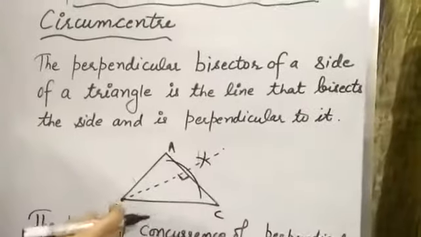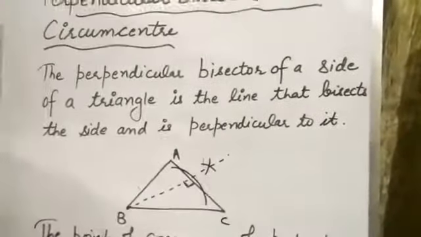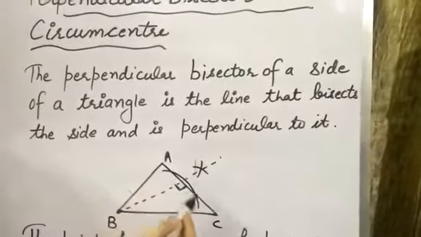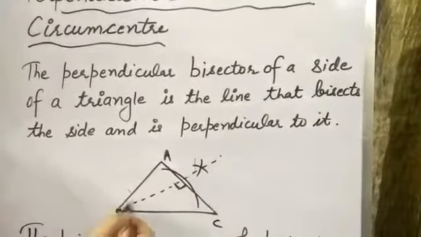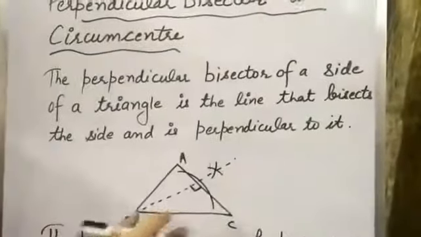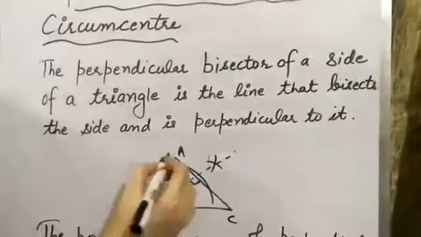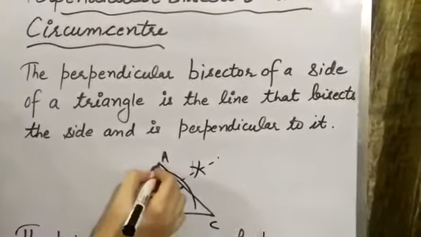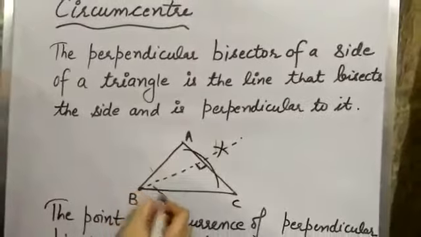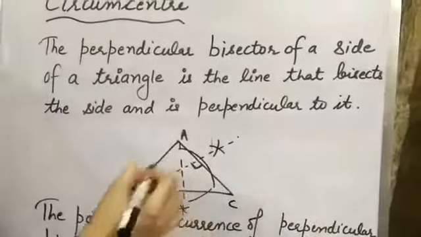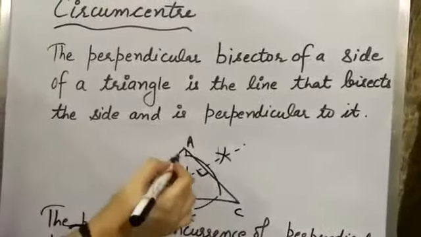Now I have drawn this triangle ABC. This is an acute angle triangle. Now from point B, I have drawn this line that is perpendicular bisector of line AC. If I am going to draw the perpendicular bisector of the other side from vertex A to opposite side BC and from C to this side,